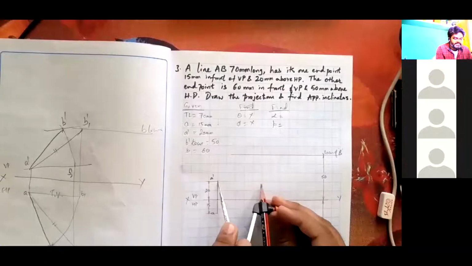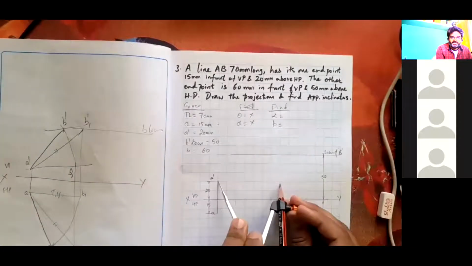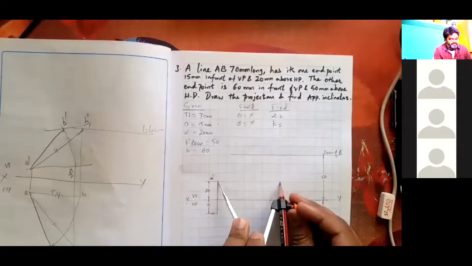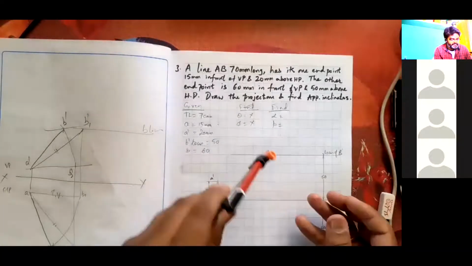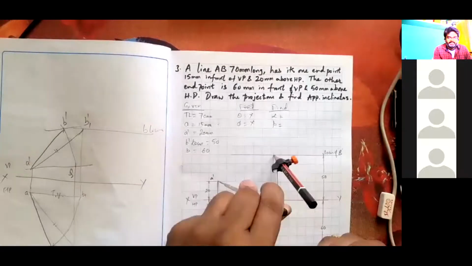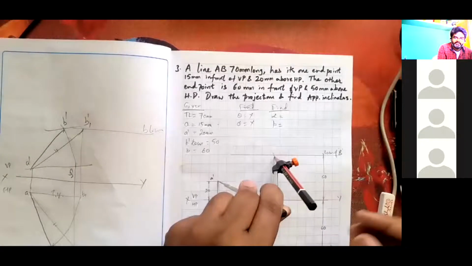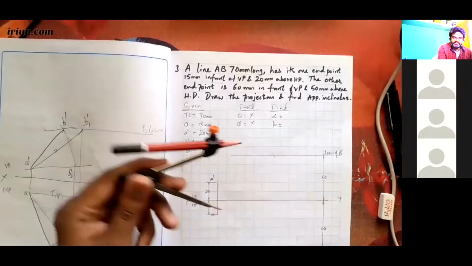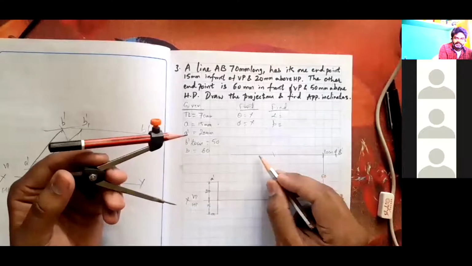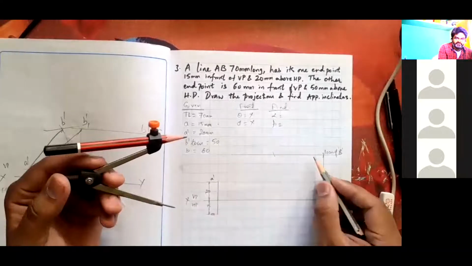So instead of taking it with respect to scale, I can count the boxes and scale and take it, or directly I can take it using scale. So 70 mm, as it is a true length, I am marking here on the locus of B, because I will get the true length position, the front view position, on this line only, because this line represents a circle, the locus of B.